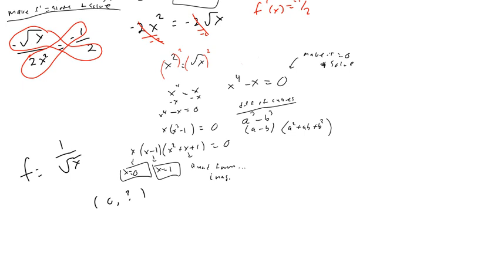Can my equation be a 0? Can I plug a 0 in here? 1 over square root 0? Is that going to work? No, right? So 0 is not allowed, even though it's an answer we got. It's called what